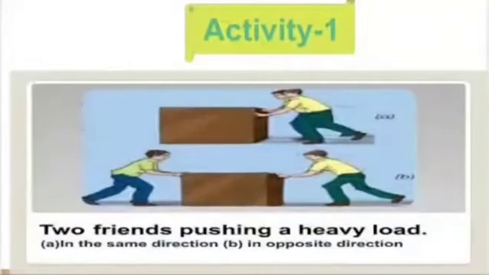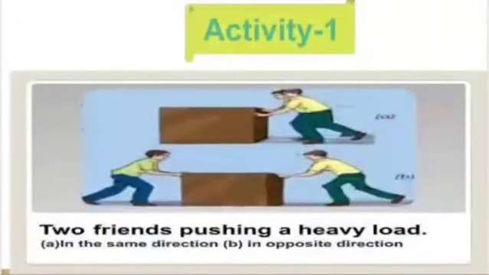And if we take another case, now push the same box but ask your friend to push it from the opposite side. Means if you push the box from the right side, then ask your friend to push the box from the left side. And if equal force is applied by you and your friend in opposite direction, then the box does not move. Why? Because equal force is applied on the box but in opposite direction.